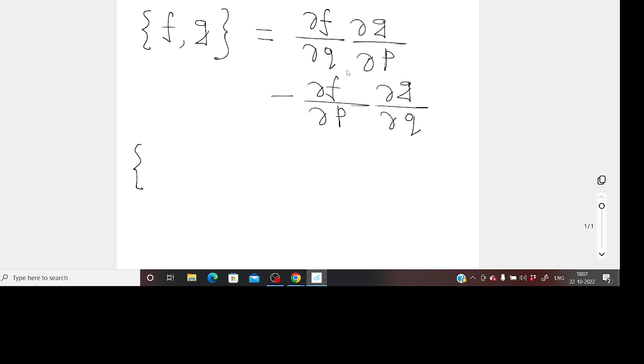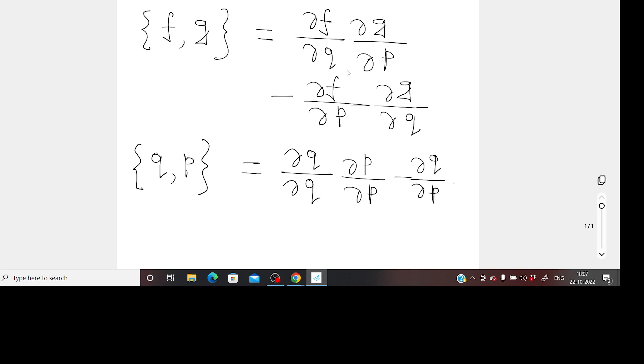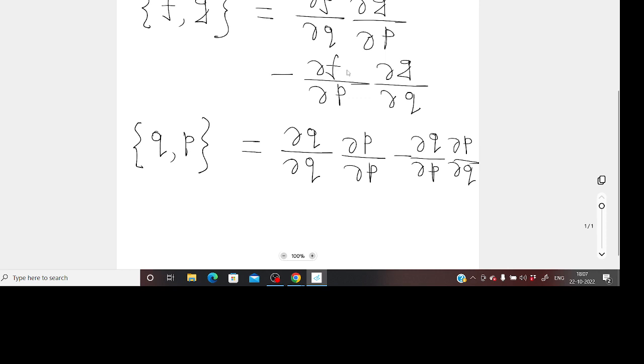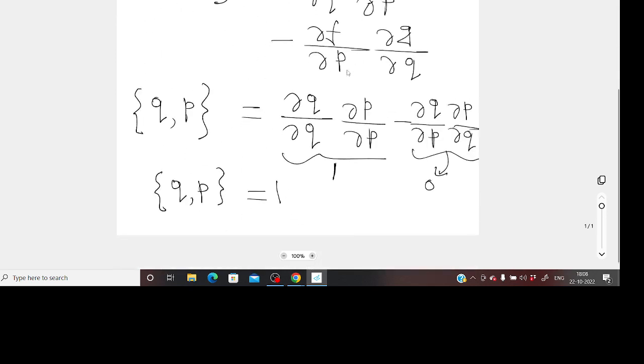Now what will be the Poisson's bracket for this quantity q and p? So this will be equal to del q del q into del p del p minus del q del p into del p del q. Here q and p are two independent variables. So del q del p will be equal to 0, and del p del q will also be equal to 0. So this thing is 0. Now what is this? This will of course be equal to 1. So the Poisson's bracket of generalized coordinate and corresponding canonically conjugate momentum is equal to 1. Okay,